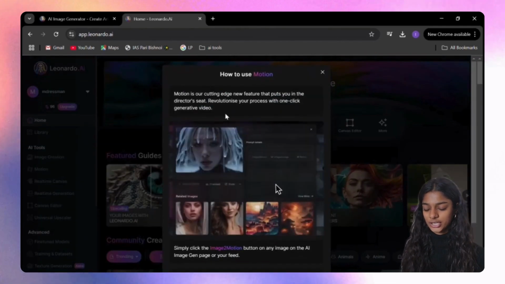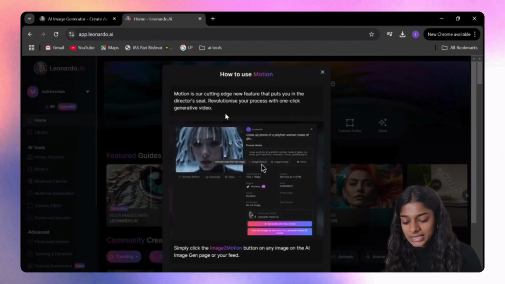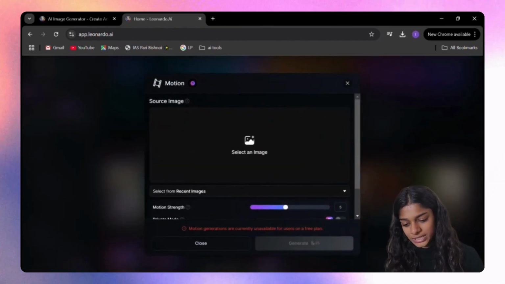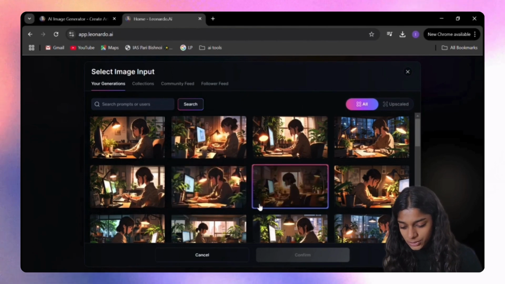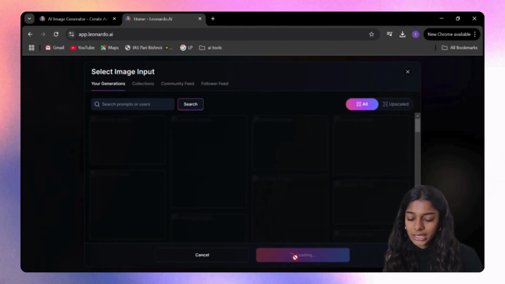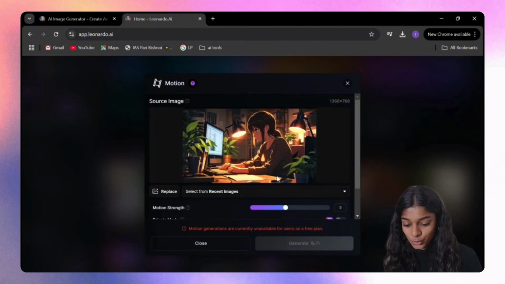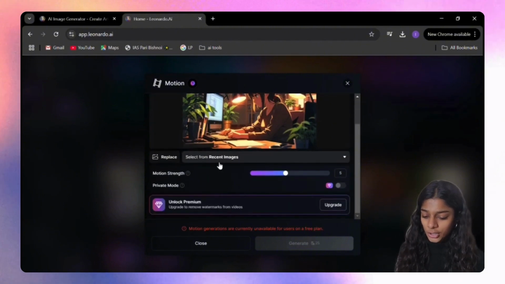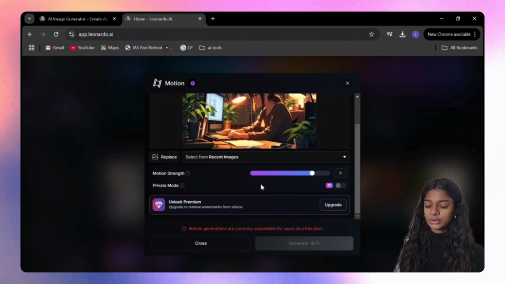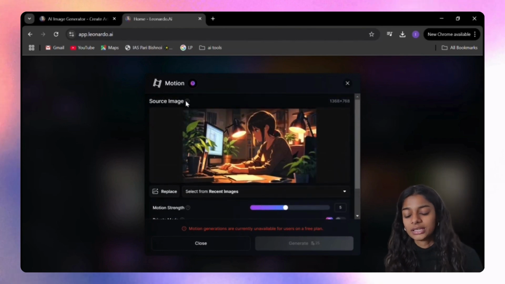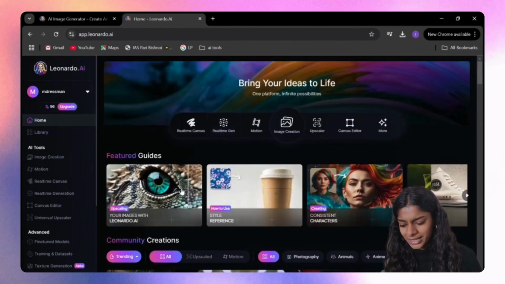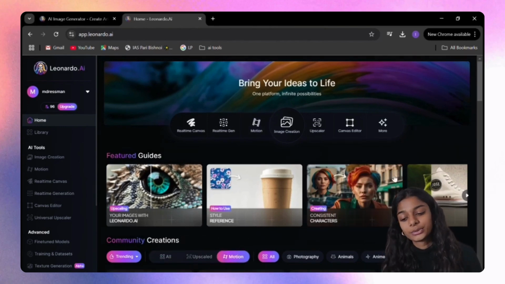Now let's go and try something else. Let's see how to create motion out of these static images. For that, I'll choose one of the images as usual, which I have just created. Okay, so bad news. We could not generate motion videos as of now. Though it uses only 25 credits, for the free version it is not allowed as of now. But I think it will be allowed in some period of time, because this is a new feature. The motion video thing is something which is newly added to this tool.